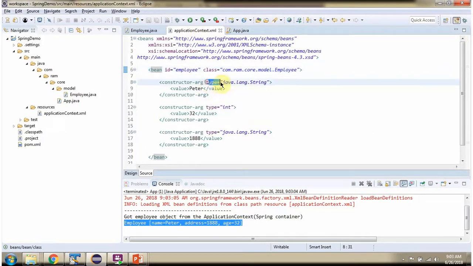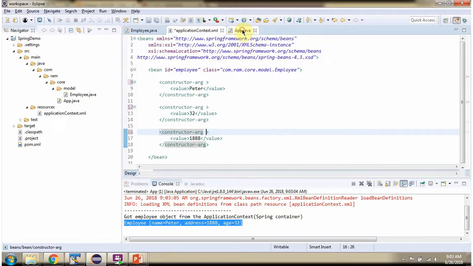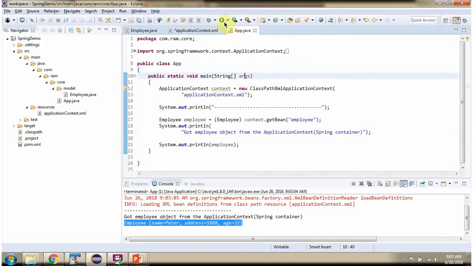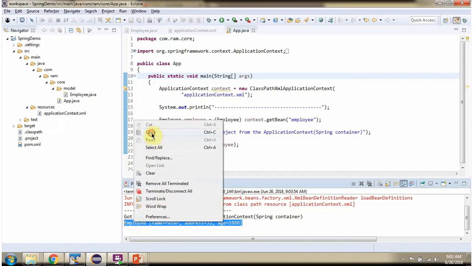Now I am removing the type. After removing the type, I am running this program again, and I got the employee object,